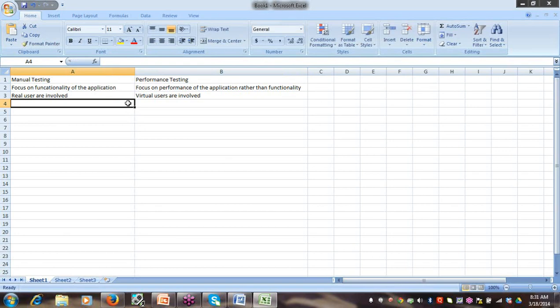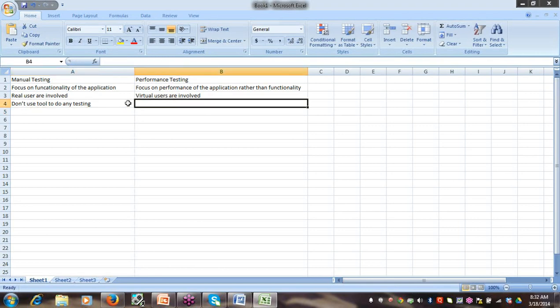In manual testing we don't use tools to do any kind of testing. For defects or bugs, you use either Quality Center or Bugzilla, but that is a kind of repository tool where you put in the defects and the users solve them. Here we use a tool especially for performance testing.